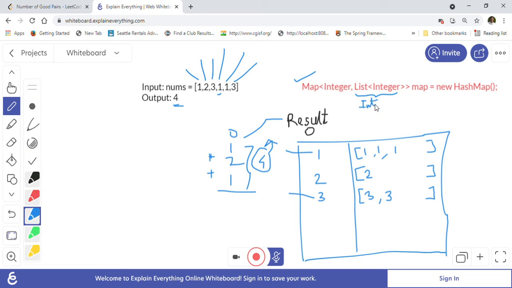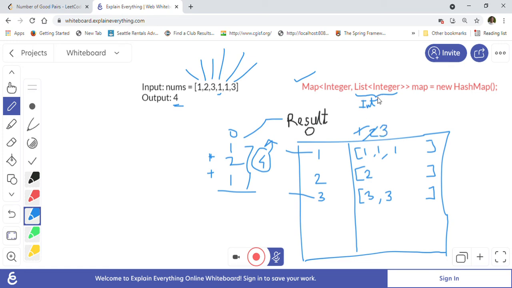So integer means we will just say here, instead of 1 1 2 3, we will just say 1 and then the frequency you have like already seen, right? Then you will say 1 here as an int. Next time when you see it a second time, you will take out this 1 and make it 2, and the third time when you see this 1, you will take out the 2 and make it 3 basically. So it is integer comma integer.